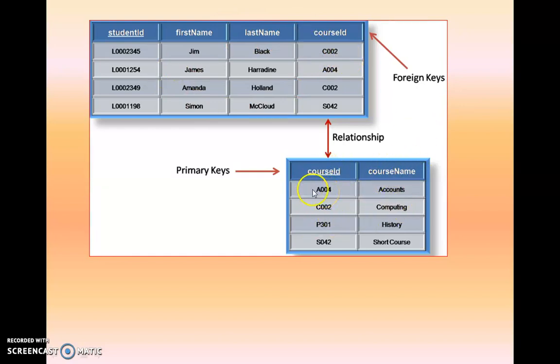Means here course ID is a primary key. That's why this table is becoming a parent table, primary table, and here course ID is a foreign key. That's why it is becoming a child table. Understood? Okay. And for that, by applying the foreign key, here course ID takes the reference of this parent table's course ID. And after taking the reference, it establishes the relation between two tables. Means these two tables become dependent.